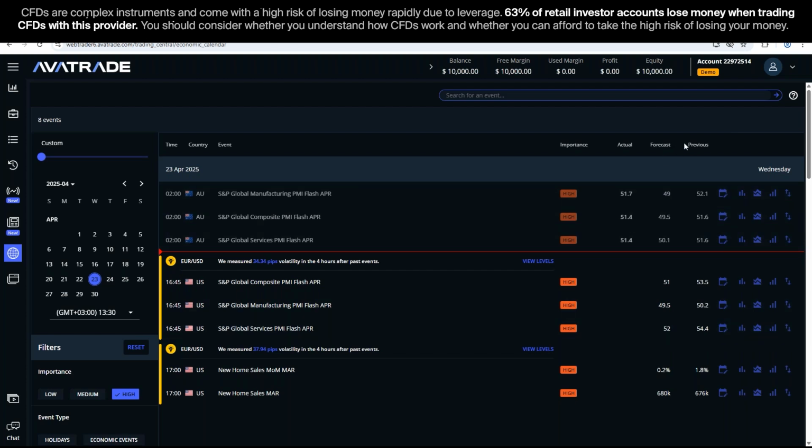Now, as we see, we have got the previous result, what we expect will happen, and what actually happened, which will only be displayed after the event took place. And according to that, we can anticipate what will happen in the market. We can also see that to the right, we've got here impact, volatility, price chart, event chart, and my favorite,